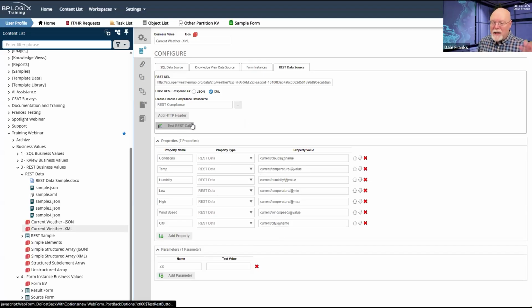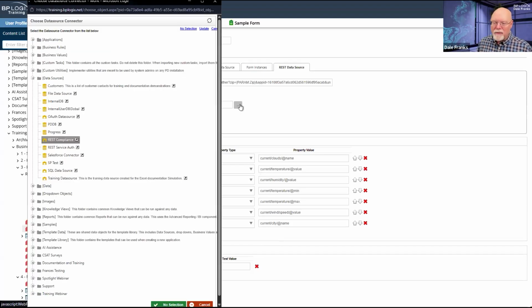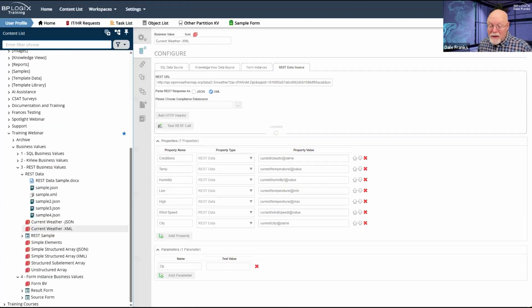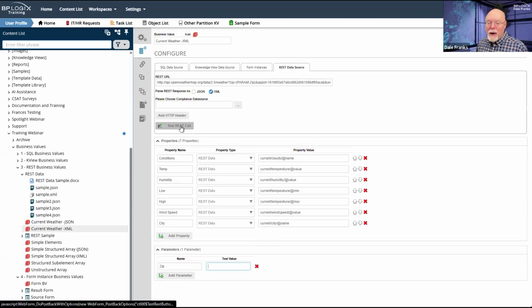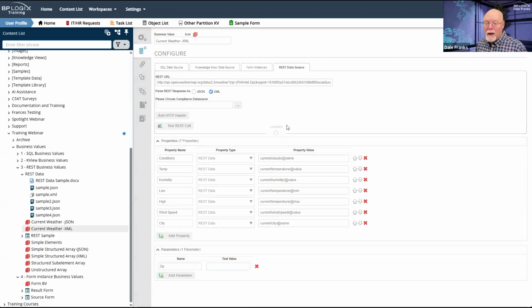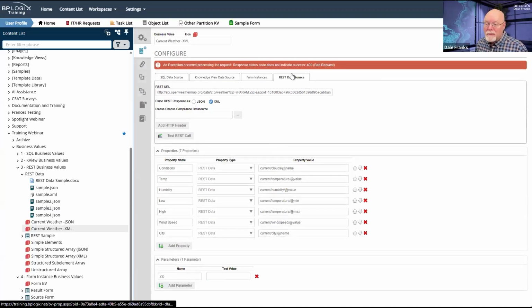And of course, I can test my REST call and it'll find all the right stuff. I don't need this for this, so I'm going to go ahead and turn it off. And then once I have my data here, I'm passing a parameter called zip, right? So if I just test my REST call, it did not indicate success. Well, it wouldn't because I don't have a parameter there.